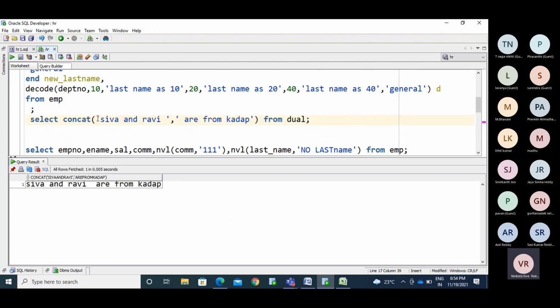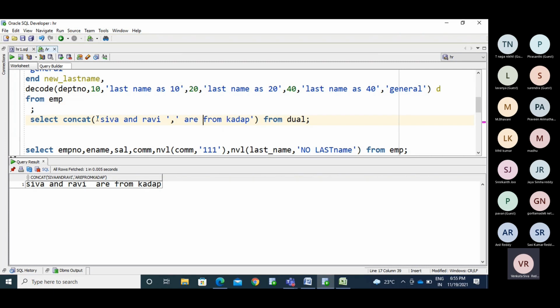So I want to concatenate. If we have a first name and last name, I need to concatenate the first name and last name both. So in this case, I can go with the concatenate function.